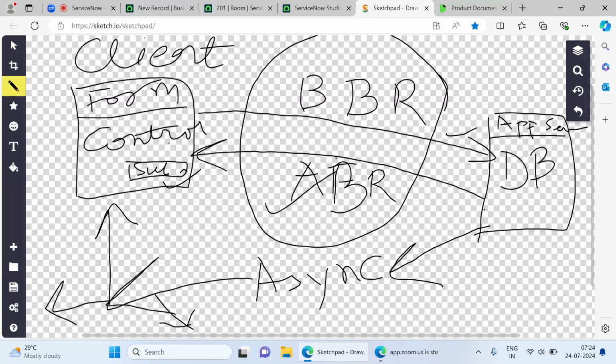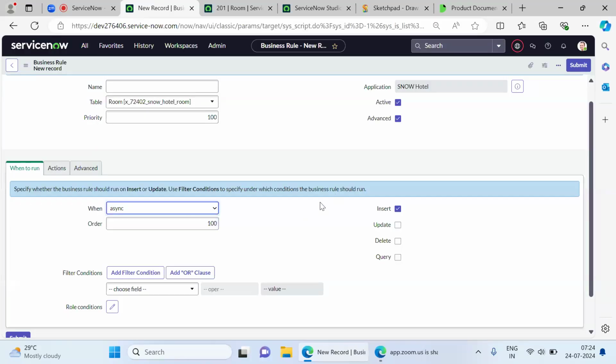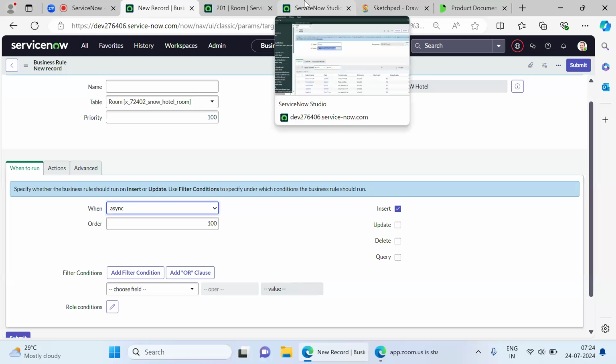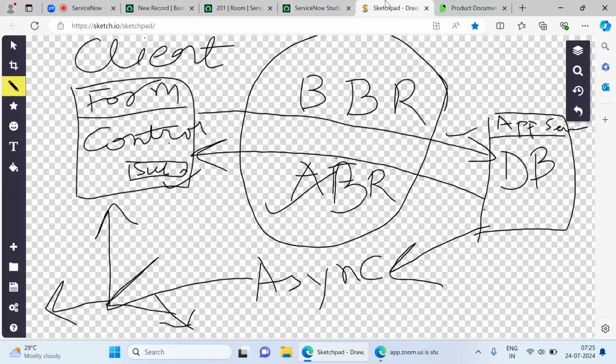Now within this transaction the system identified: is there any async business rule configured for insert? Yes, it is. Okay, schedule this to run afterwards. Since it is an async business rule, we don't want it in the transaction. This transaction will be completed and the async business rule